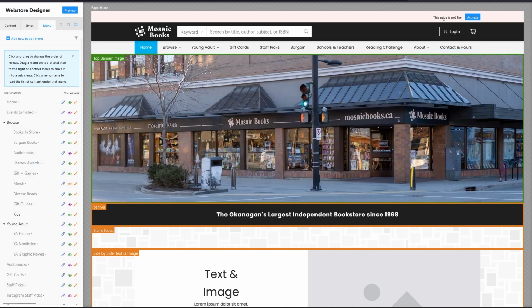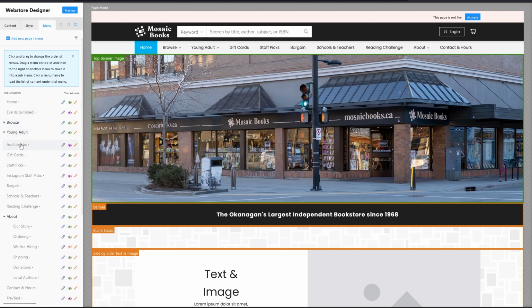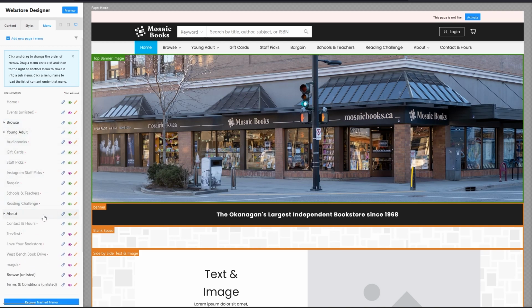They all have this little button and banner at the top that says this page is not live, giving us a bit of a report card on what pages we still have to convert over and then activate to replace the old content systems page. Everything right now, at a glance, we can see we have to do everything so far, and that's fine. But that just gives you a quick visual of what you've got left to work on and what pages